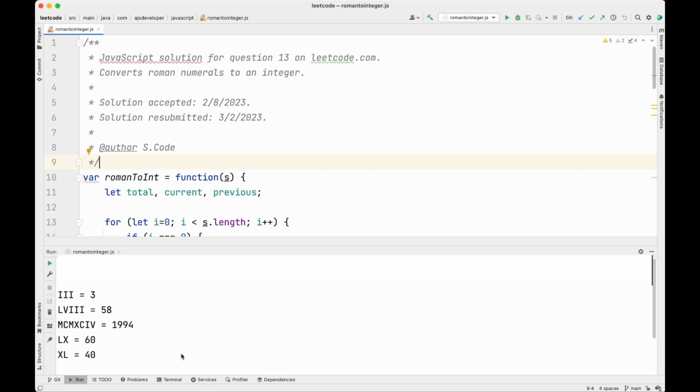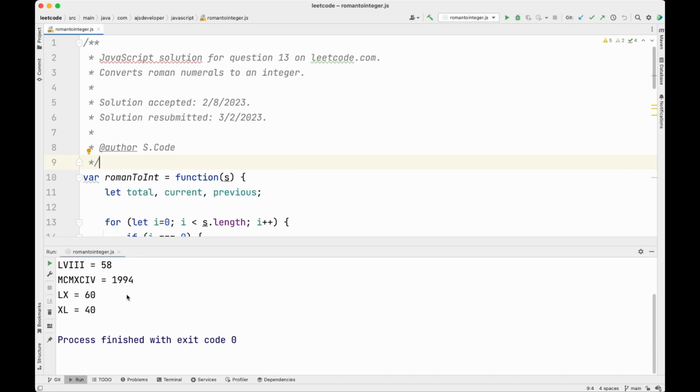Two examples that we saw from our whiteboard: LX, which is equal to 60, and XL, which is equal to 40. Some of these values are test values from the Leetcode.com description, and these two are just examples that we saw earlier. So now that we know that our function seems to work for the values that we've provided,